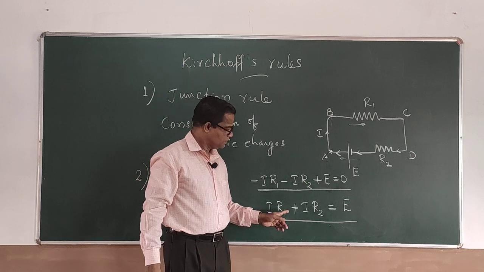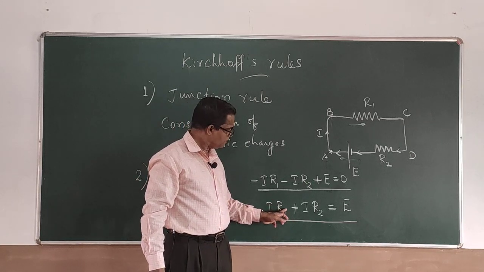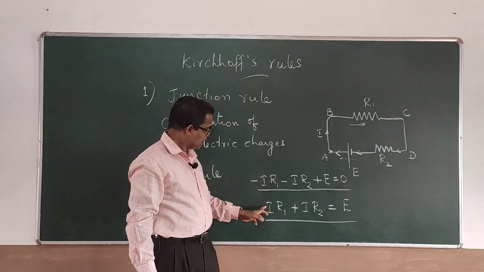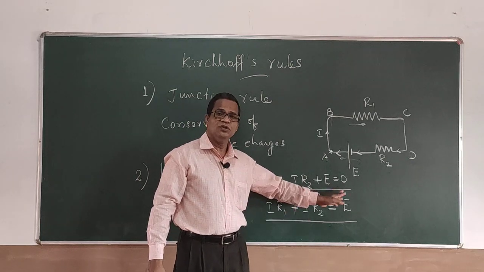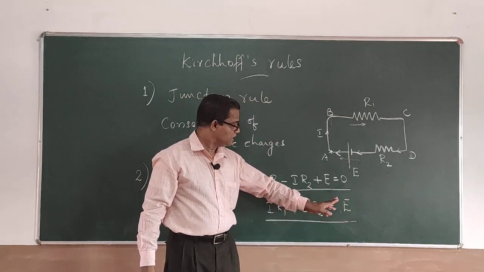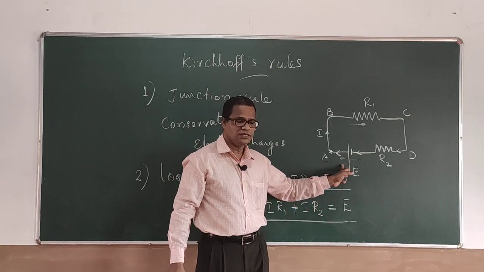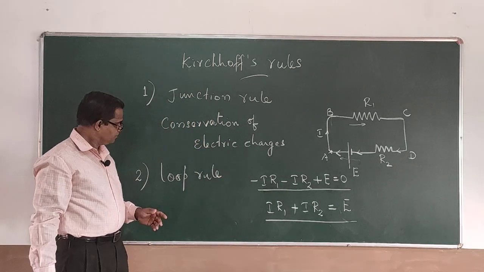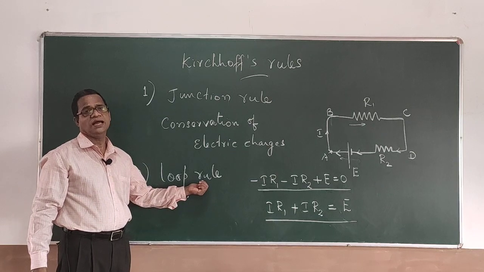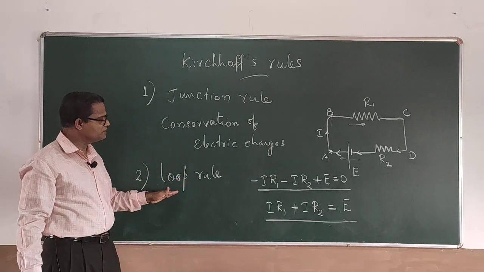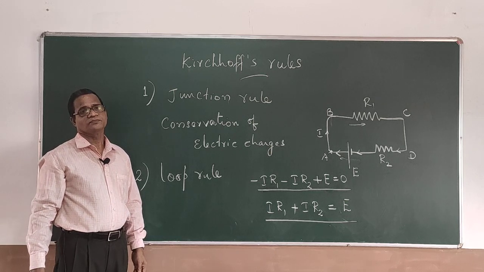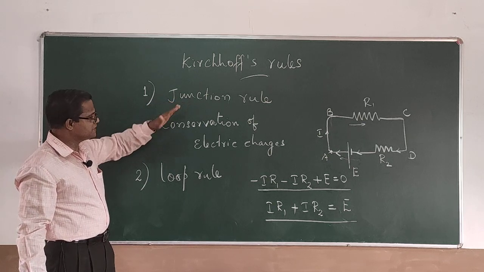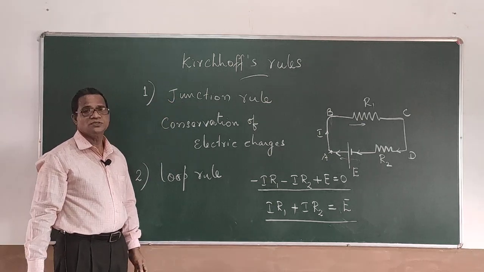That means the sum of I into R1 and I into R2, this is the algebraic sum of the product of current and resistances, will be equal to the EMF in that loop. Here only one EMF is there, therefore that value will be correct. Now this second rule called loop rule is actually based on conservation of energy. So these are the two rules stated by Kirchhoff in solving the